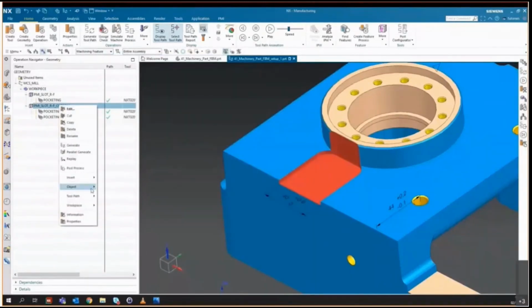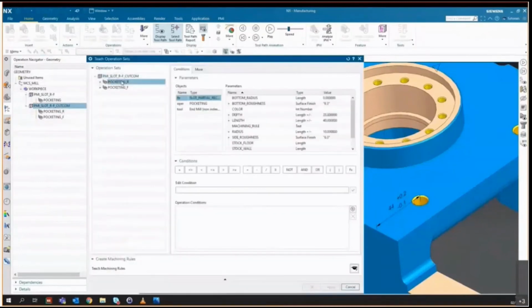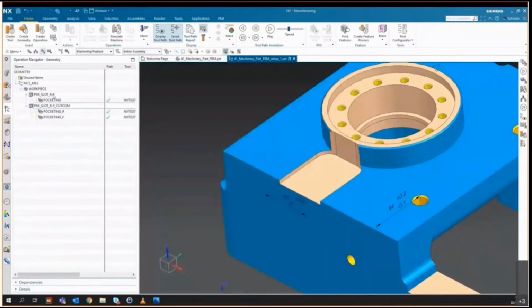So I can now go into my second feature group. Again, go into the teach operation sets. Again, you can see all the parameters for both operations and tools are all available. I can paste that string and simply flip the condition. So instead of greater than, I'll now make it less than or equal to. So anything with a tolerance band less than 0.2, we'll now apply the second rule, which is going to be roughing plus half a mil and finishing with cut compensation. And it's basically as simple as that.